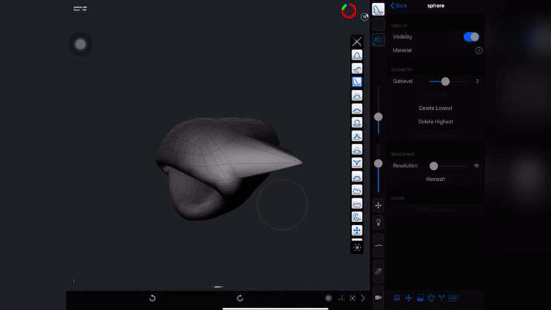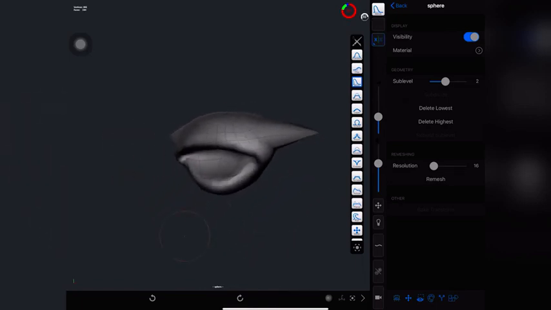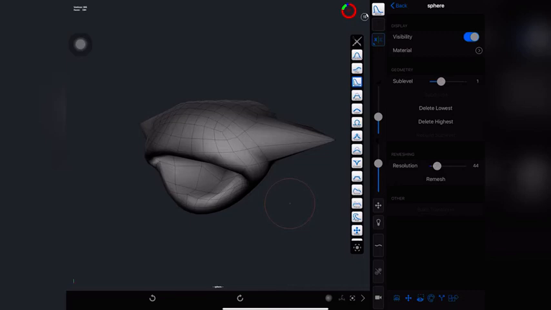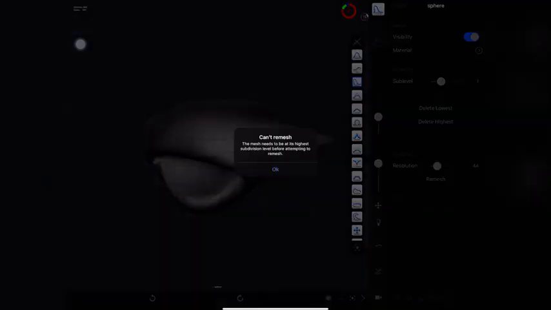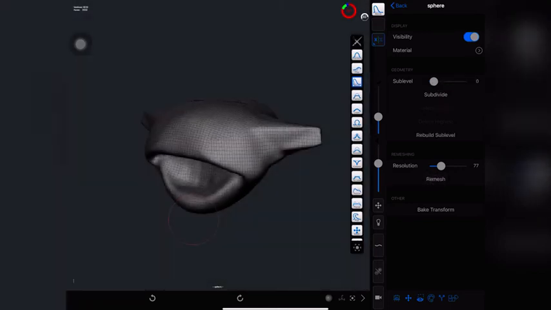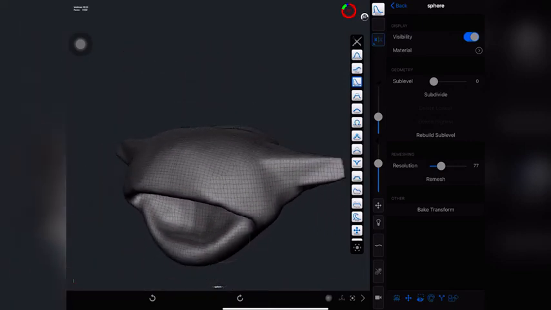So that could be one thing to do. Later on, that will be a useful thing to know. But we don't want that either, do we? So what we want is to be able to remesh to give us a nice spread of geometry across the whole model. So let's just see what's happened. Delete highest, delete lowest, just double checking they've all gone, and now remesh. There we go, now remesh. So there is only one there. Now, what you can see has happened is, it's remeshed across the whole model, and it's given me more geometry